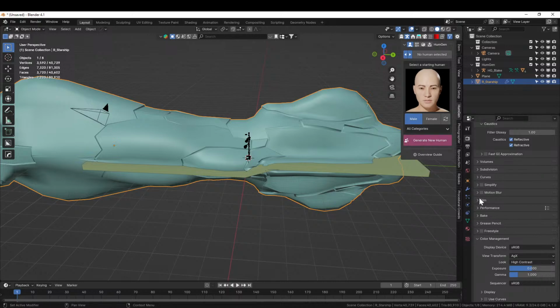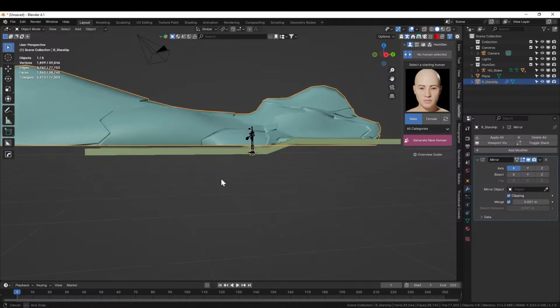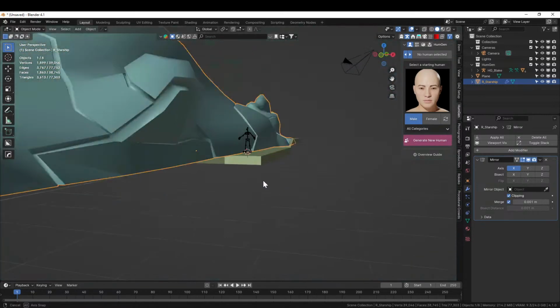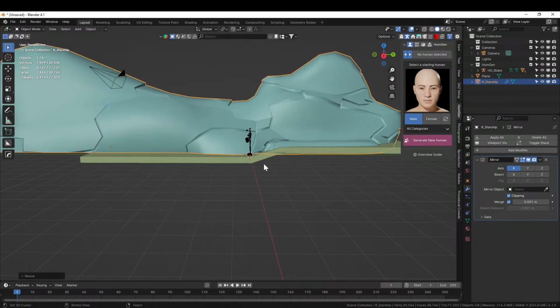Let's edit. Turn off the Z-axis one. Cool. SZ, make it bigger. There